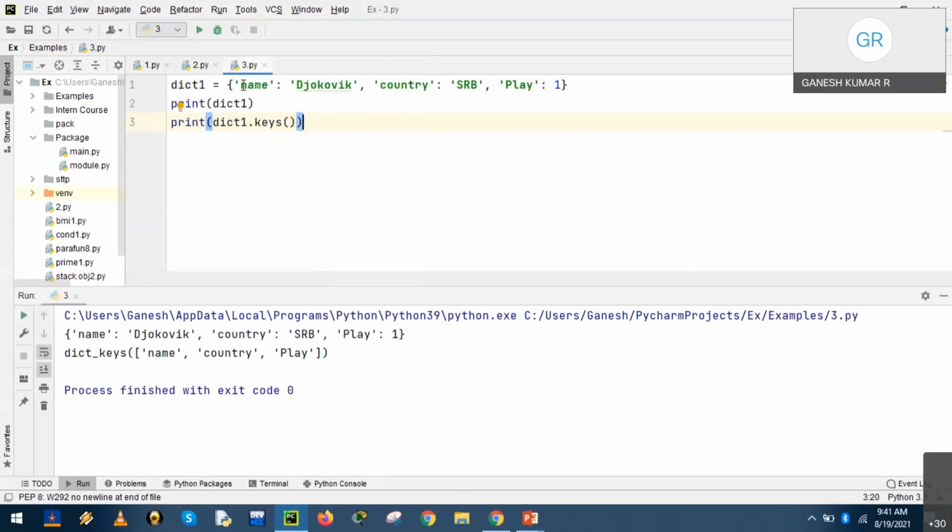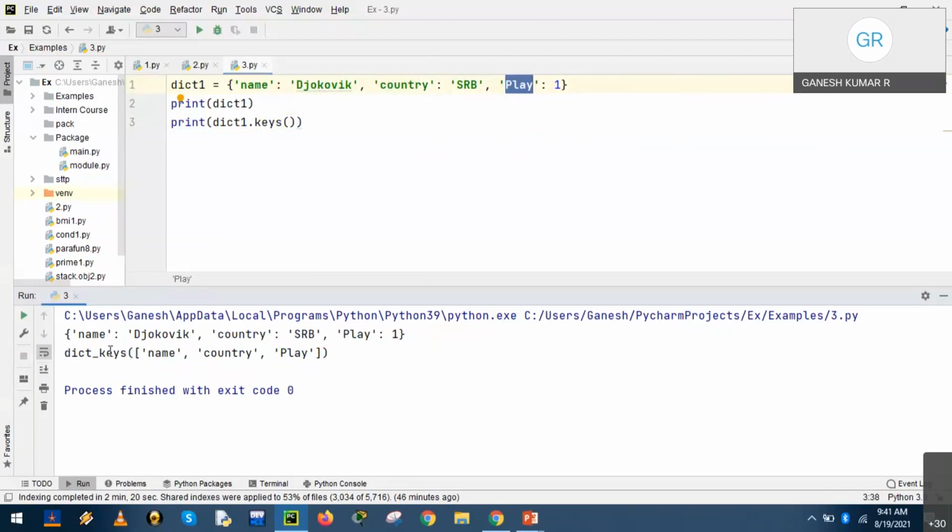The keys here are name, country, and play position. Since all three keys are strings, they are enclosed in a pair of quotes, and they are enclosed in a pair of parentheses.